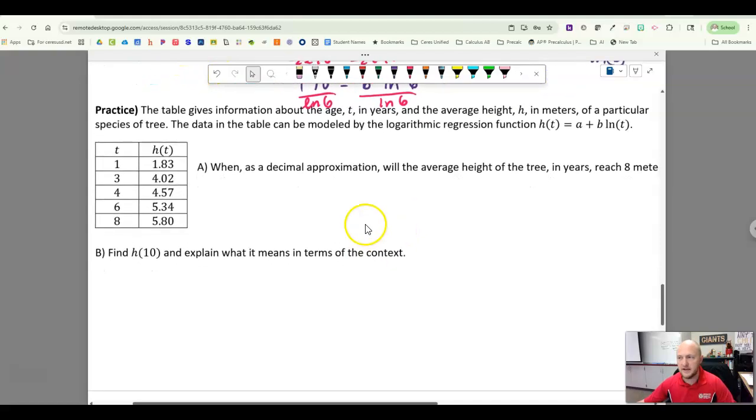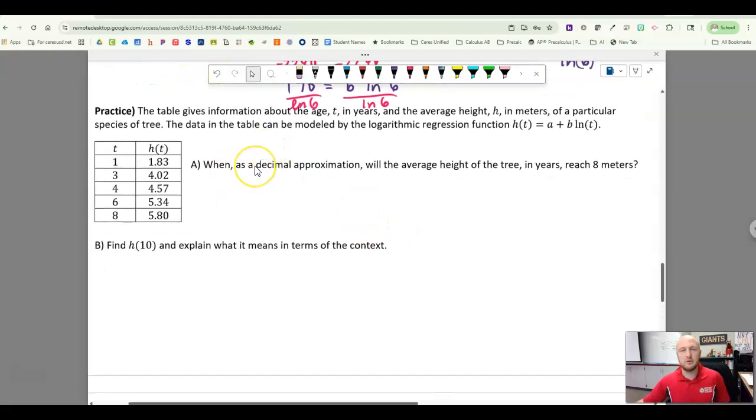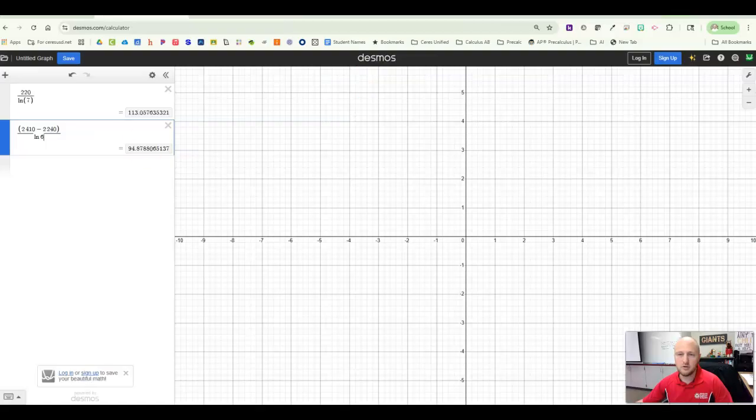We're going to go ahead and look at a regression problem now. They say the table gives information about the age t in years and the average height h in meters of a particular species of tree. They say the data in the table can be modeled by a logarithmic regression of the function h of t equals a plus b times the natural log of t. So given the data, the first thing you want to do with Desmos, I think Desmos is the easiest,